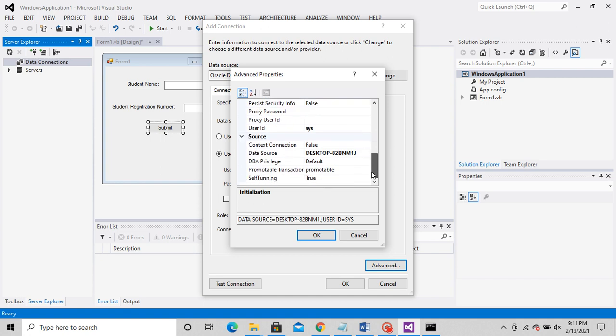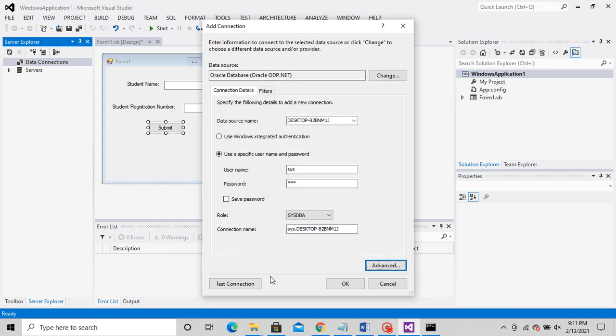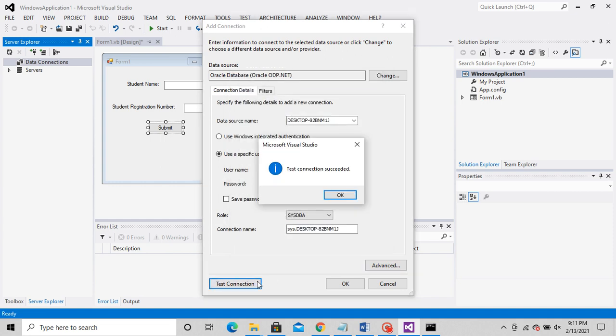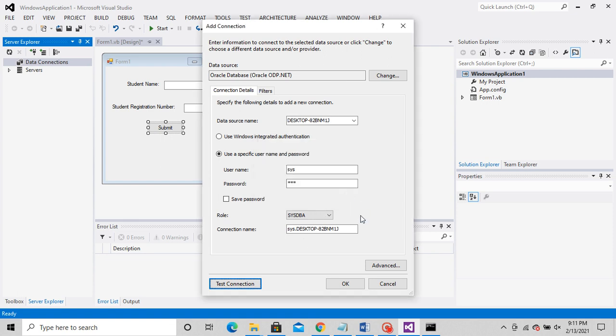So you can also see what I am doing. As I said to you, I'll use sysdba here. So now you can see that test connection succeeded.